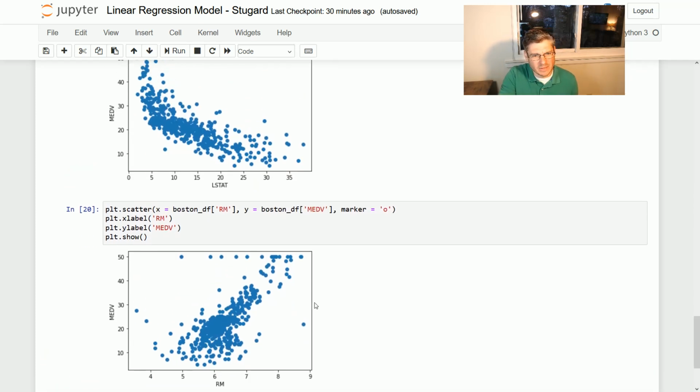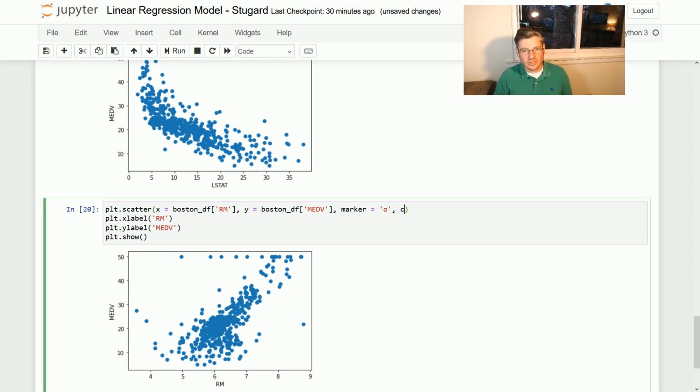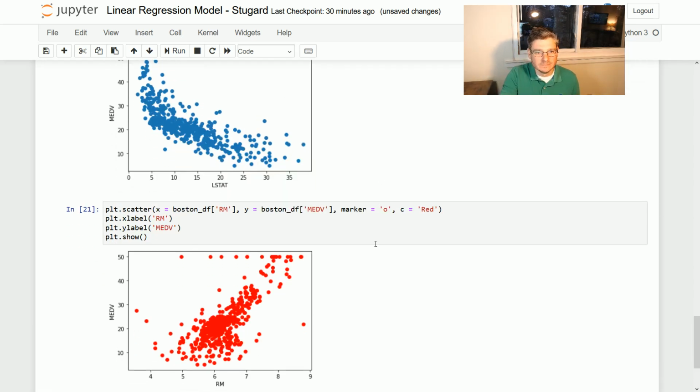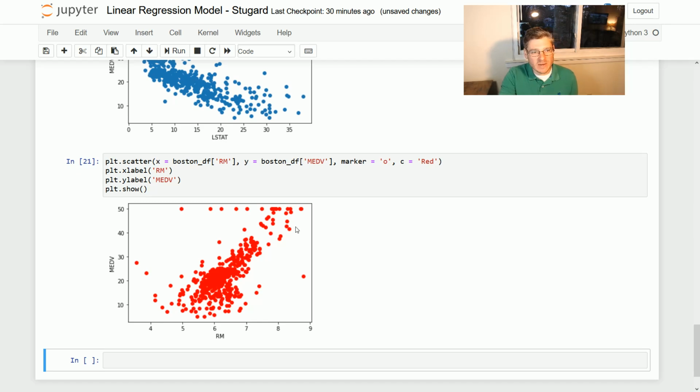Oh, that is the default maybe. Oh no, it looks a little bit brighter. The marker's the O. Again, like I said, we can change other things too. We can change the color equal to red if we want to. You know, make it red. And again, it looks like we have a general pattern here. There's definitely